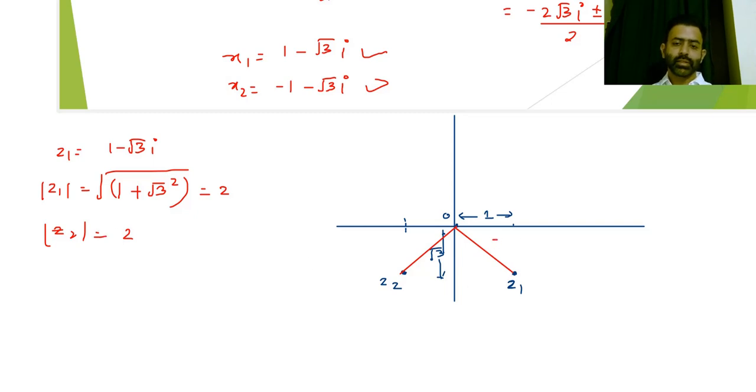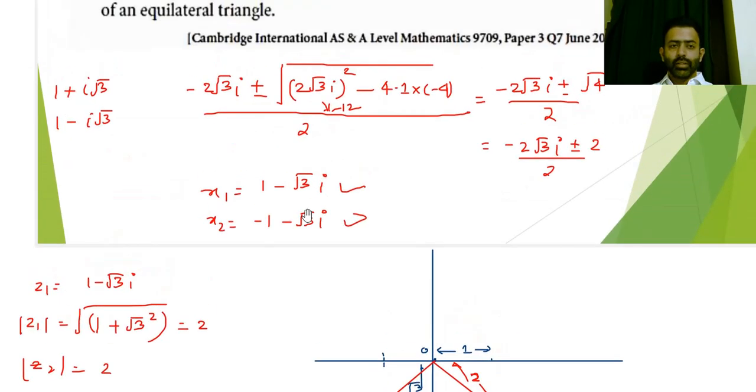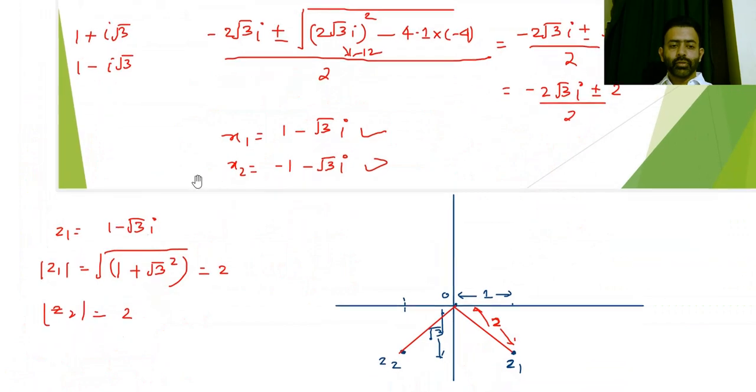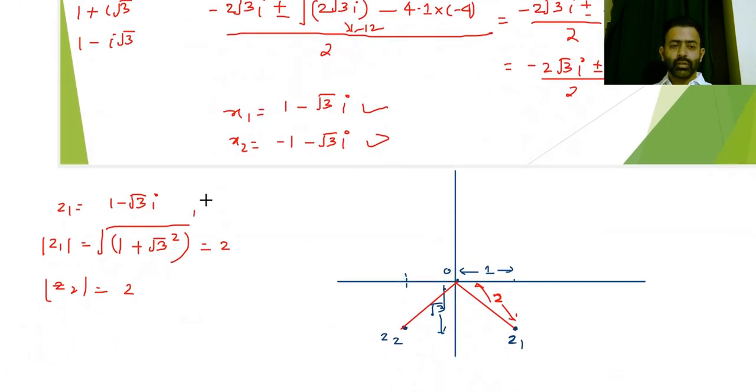Okay, so basically this distance in the Argand diagram is 2, right? Then it says in the fourth part, an argument also we have to find out. All right, argument of z1 is tan inverse of minus root 3 over 1. So principal value will be 60 degrees or pi by 3. So basically this angle, okay, from the positive axis, this angle is pi by 3. So this angle will also be pi by 3,